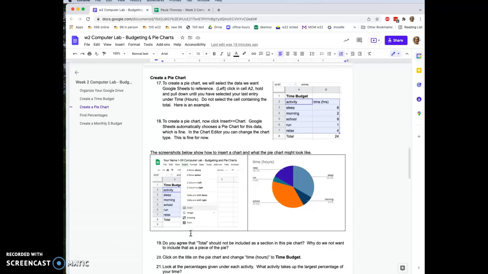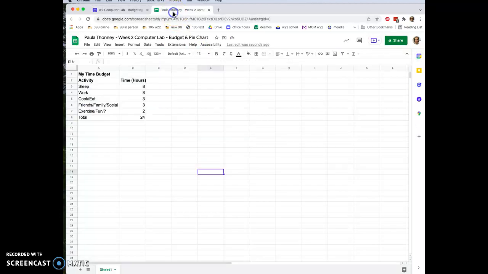So click in cell A2 and hold and pull down until you have selected your last entry under time (hours). Do not select the cell containing the total. So we're going to select these cells. And then